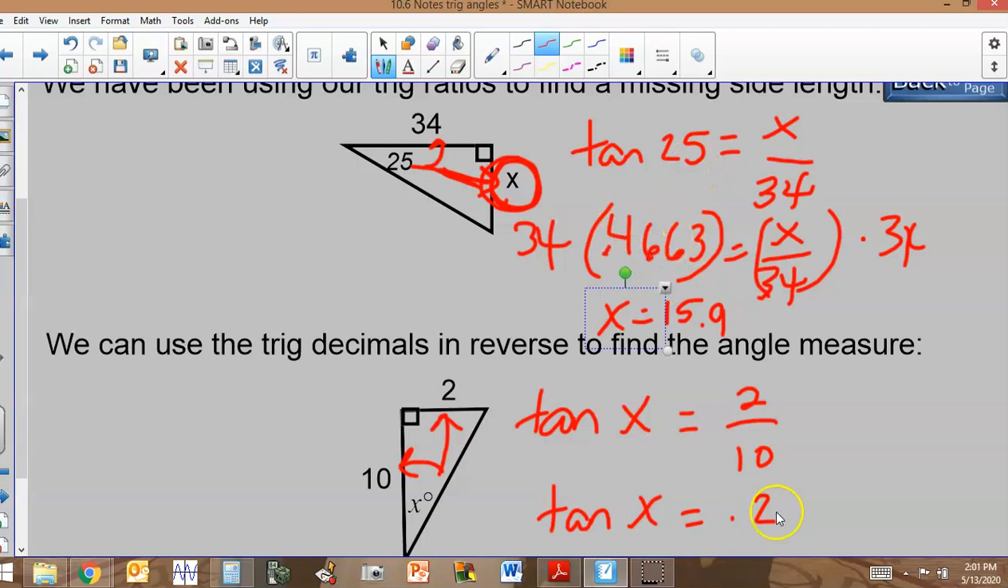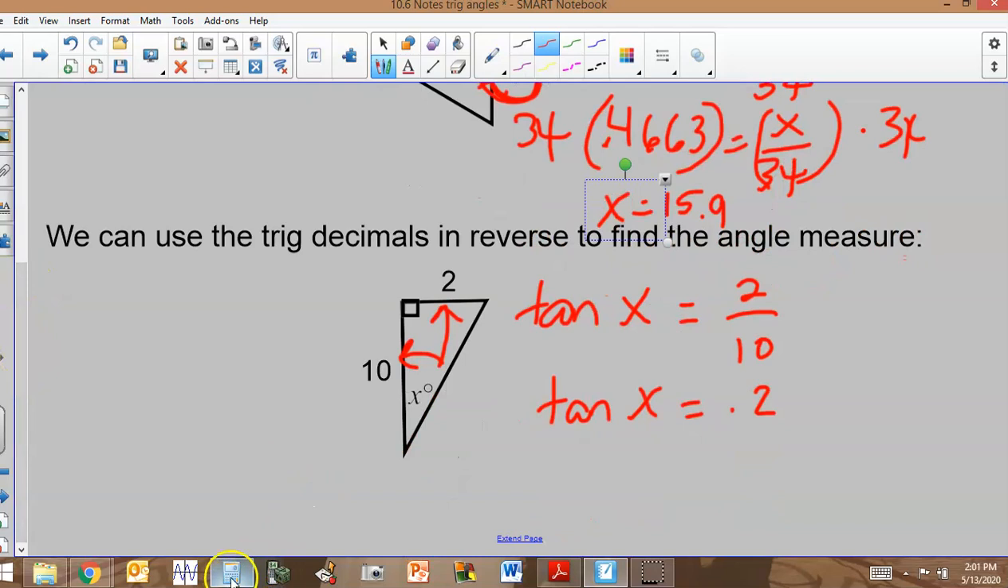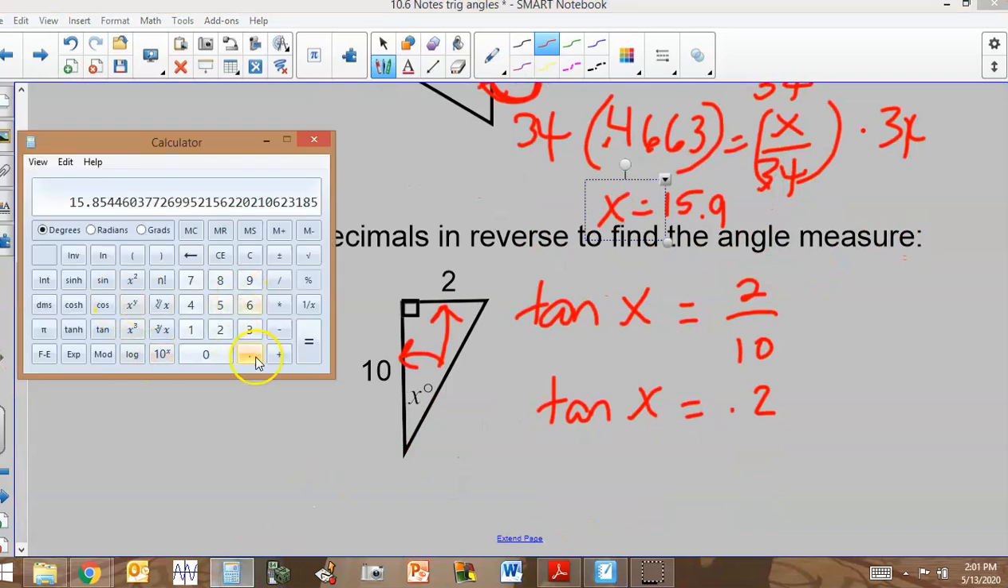Well, I have the ratio right here. It's 0.2. So I need to be able to get my calculator to go backwards. Here's the ratio. Now what angle did it come from? The way we do that is, I'm going to type in 0.2, and then see how